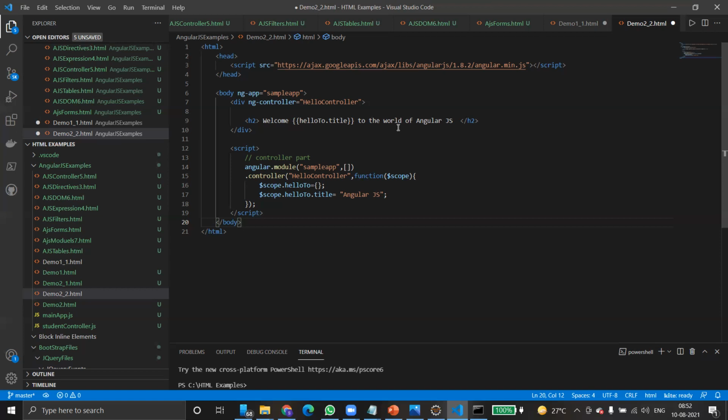Here, if you look at this, this is the view. This entire thing is a view. First, it searches for the view. To search for a view, whenever the HTML code is loaded into the browser, it searches for the AngularJS app. Yes, it is there, with the name sample app. Does it have any controller? A controller is attached. Then do you have any view? Yes, we have a view. This is a view. Then render this view after executing the function.